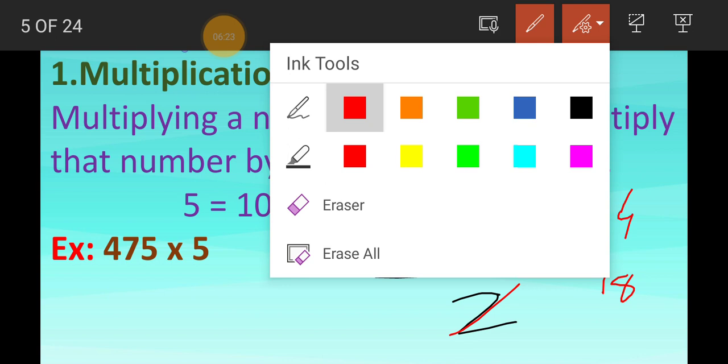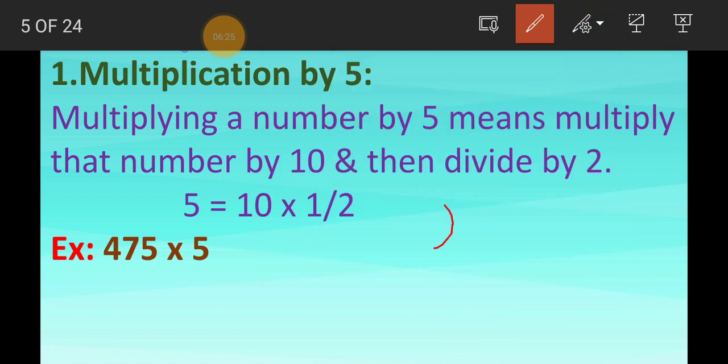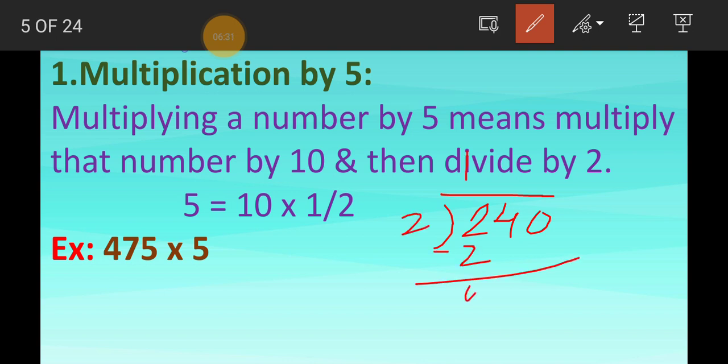Some will have doubt what is zeros are. See students, suppose your number is 240. Then 2 ones are 2, 0. Then you will copy 4. 2 twos are 4. Okay, 0. Then you will copy this 0 down. If you are taking any number from up students, you have to divide that number whether it is 0 or any other number. So as we have copied 0 from up now, we have to go for the zeros.